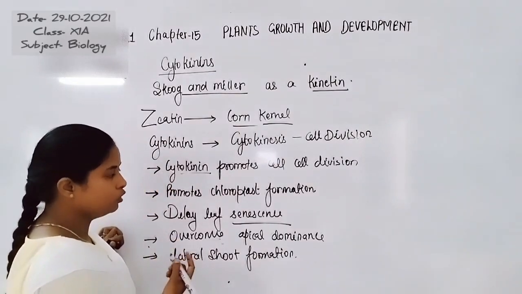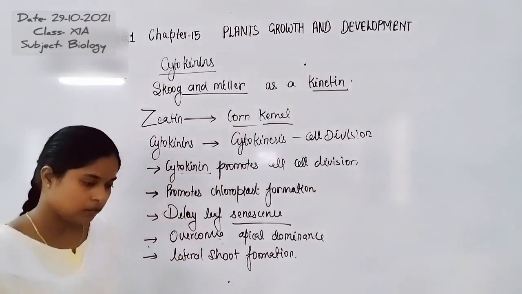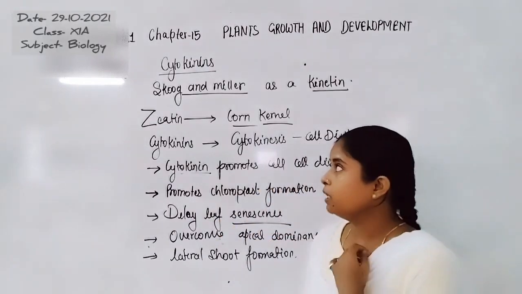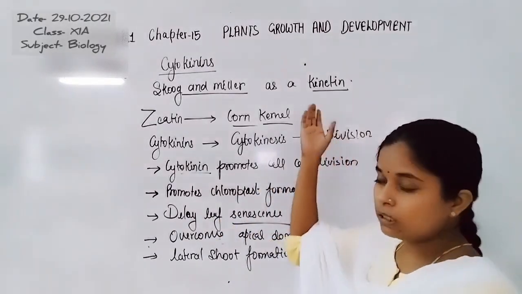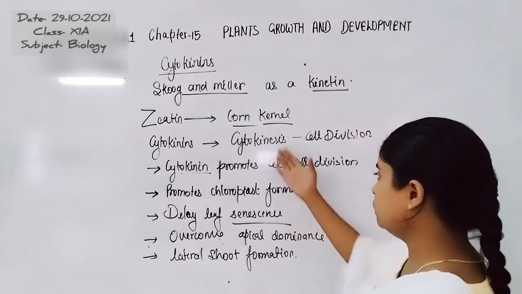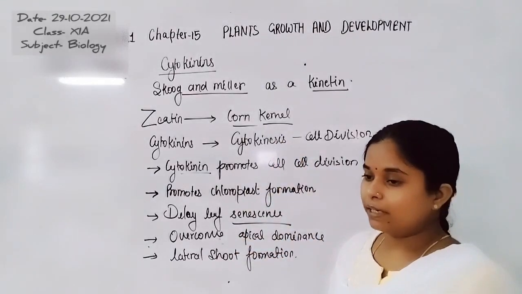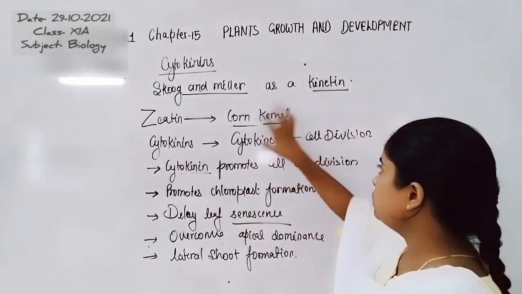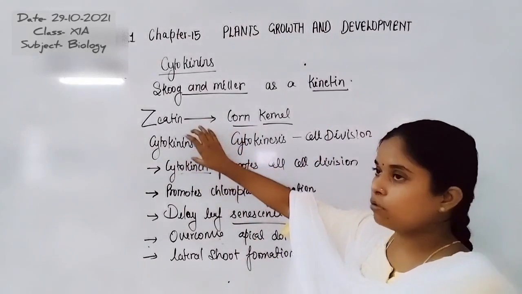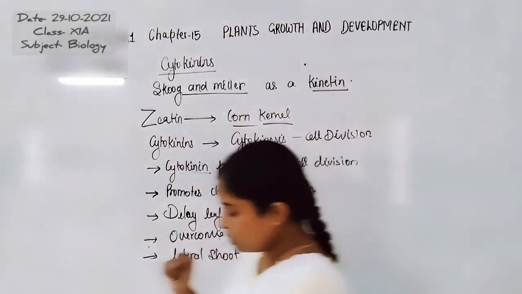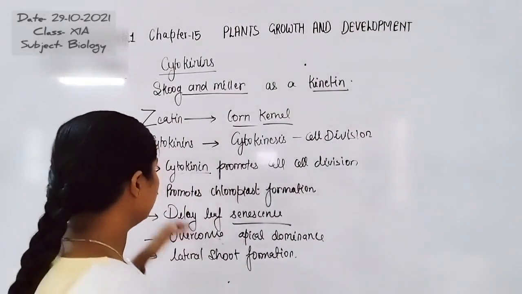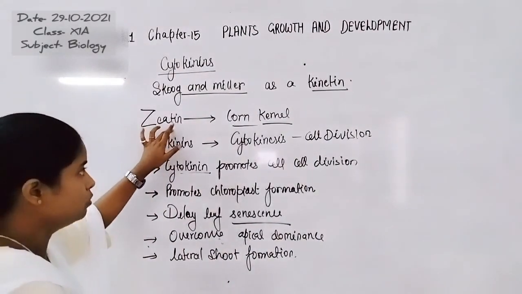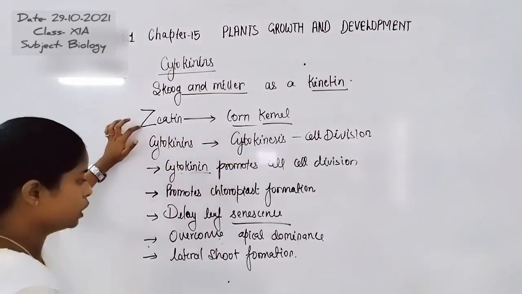Now, these are the overall functions of cytokinin. Discovery was done by Skoog and Miller as kinetin. Previously they were known as kinetin, but according to their function with cytokinesis, the name was changed to cytokinin. A similar product is not present in the living plant or natural plant, but a similar compound is found in the corn kernel as a GRT molecule.